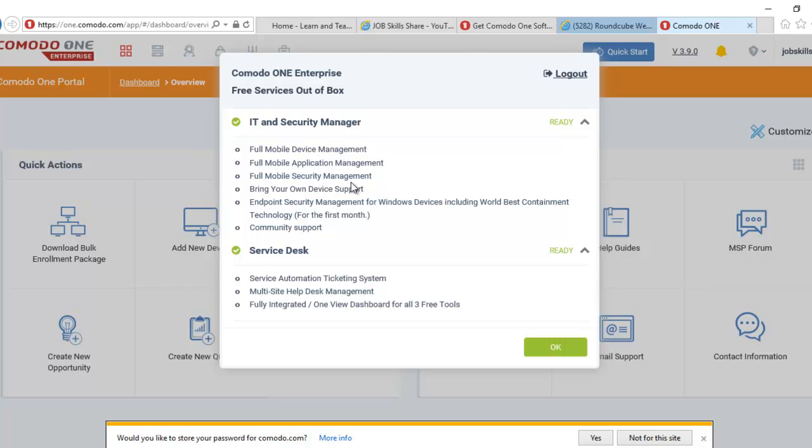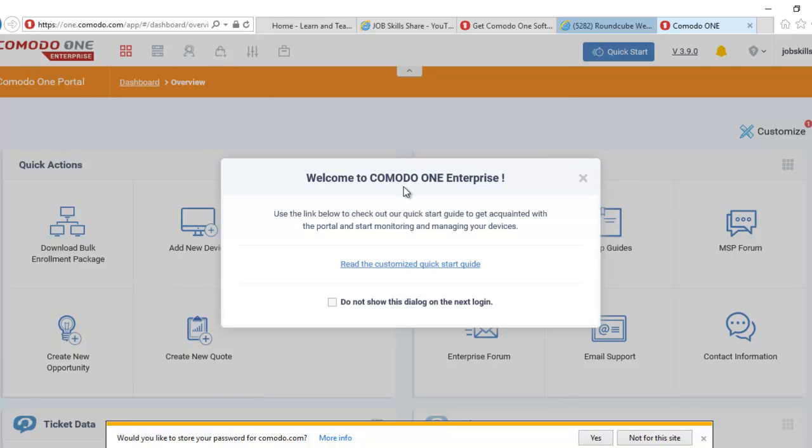There are small companies that cannot hire people and things like that. It can make things easier for some people, but it may not be approved for some companies. But again, this is more of a choice at the company level. The higher-ups decide this stuff. But you have this idea now that you can use these types of tools and bring it in-house, and not even use the cloud version, and then you can have no worries about data going out of your company. So now you can say okay to that, and you can see welcome to Comodo One